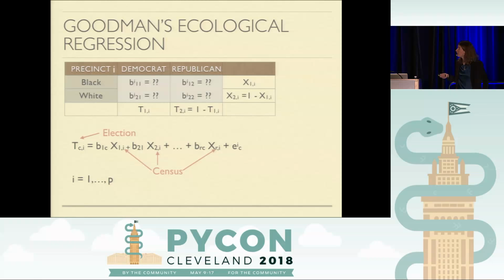We really want to know the precinct level estimates for the degree of polarization, which Goodman's ecological regression erases. So that's a bit of a bummer. Another drawback to this method is that it's pretty easy for it to produce estimates like 105% of Hispanic voters vote Democratic, so something that should be theoretically impossible.